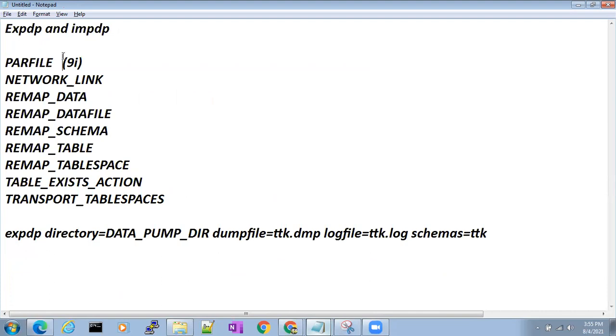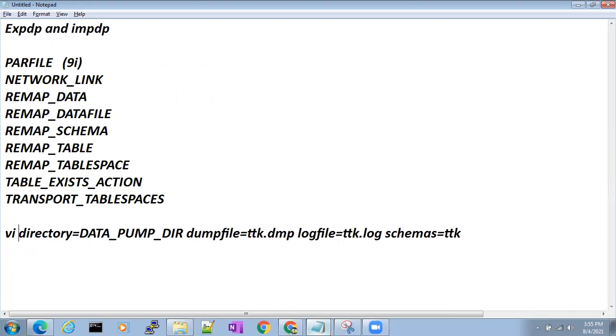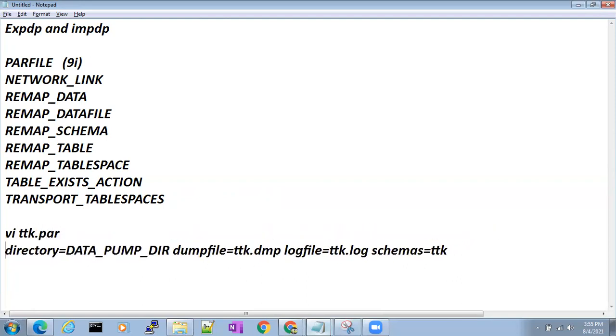Then what is this par file? What we used to do in previous versions is open a par file with vi, in the vi editor, and give it a name. You can give anything, ttk.par.